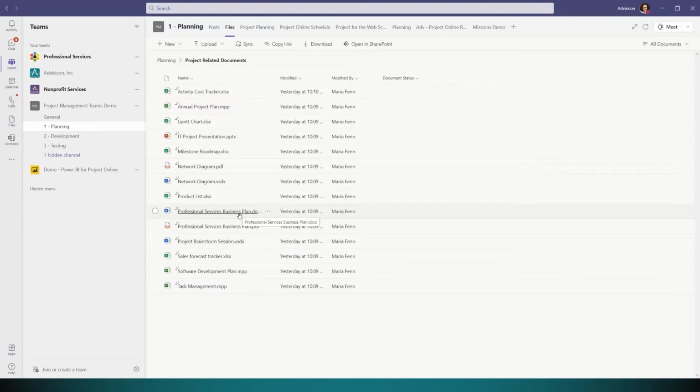This is going to be posted in the channel as well so that everybody can take a look at it, make tweaks, review it as peers, and be able to get copies or open it up in their Word app whenever they need to. So one crucial detail to integrating all of these different files into your Teams channel is